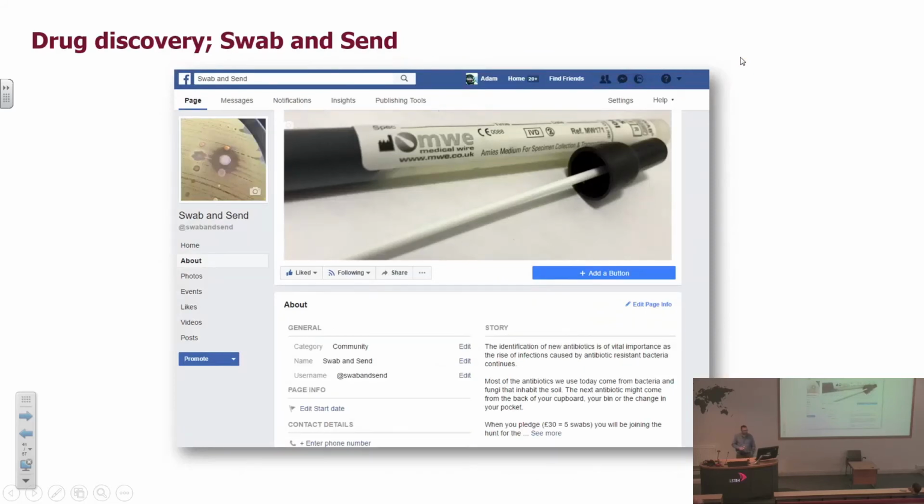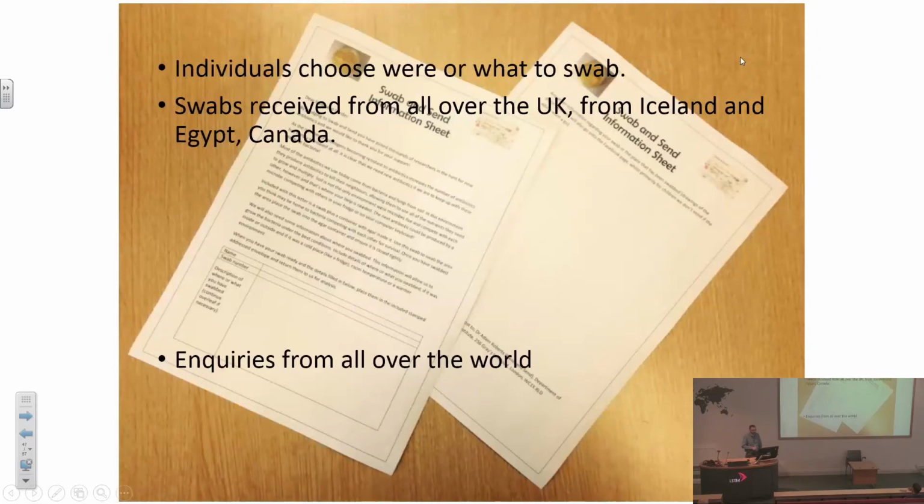So we launched a project called Swab and Send. It's got a website, it's a Facebook page, it's open. You don't have to be a Facebooker to look at it, but I advise you to go on. The whole of the history of the project is on the website. And what we do is if somebody pledges a very small amount of money, I think £30 for 6 swabs at the moment, or £30 for 5, I'm not sure which, we send them the swabs